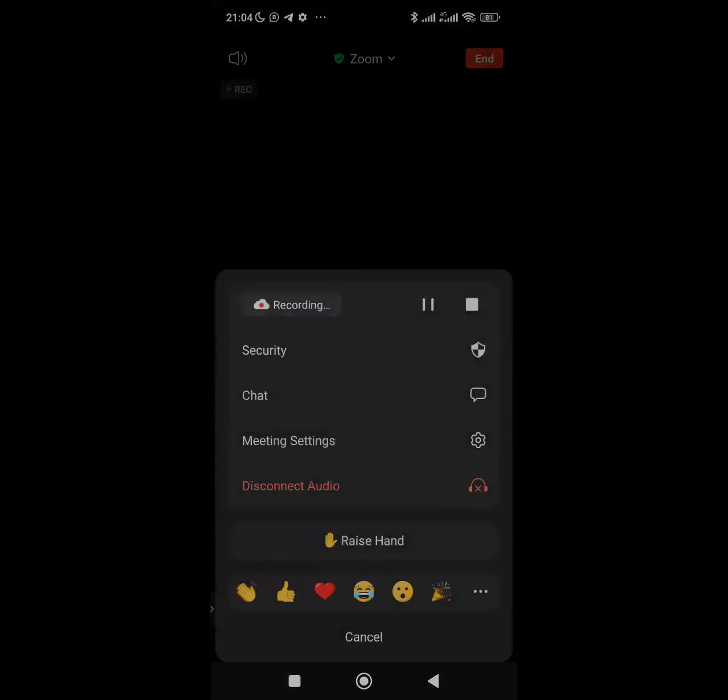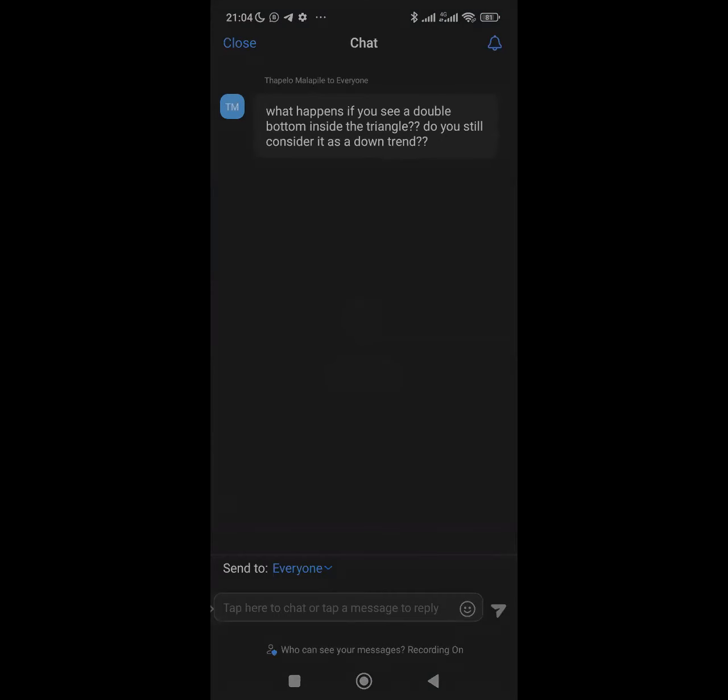So as I was saying, someone asked a question, what happens if you see a double bottom inside a triangle? You still consider it as a downtrend. All right. That's not what you used to consider a downtrend. You need to look at the overall market. And definitely where you found a double bottom. Definitely, we have not even reached this pattern. All right,